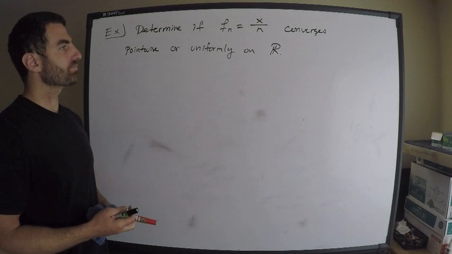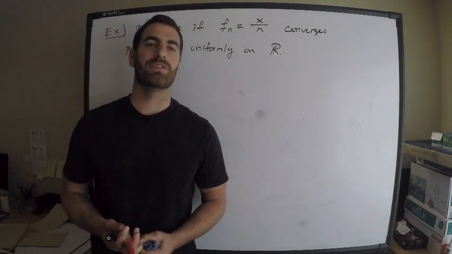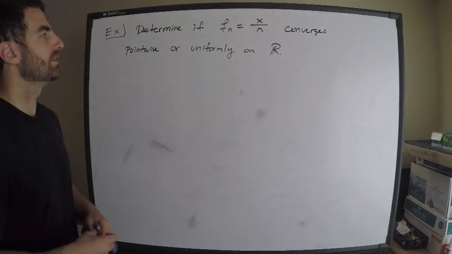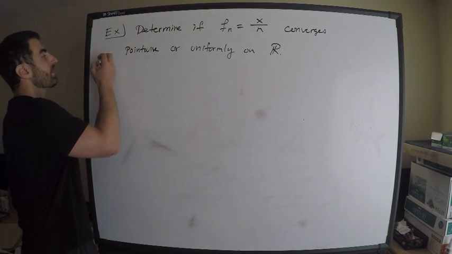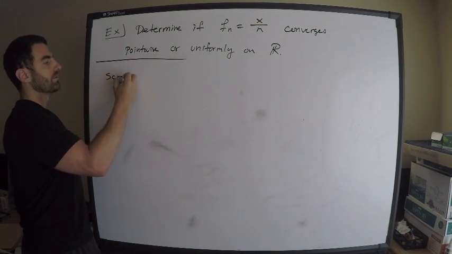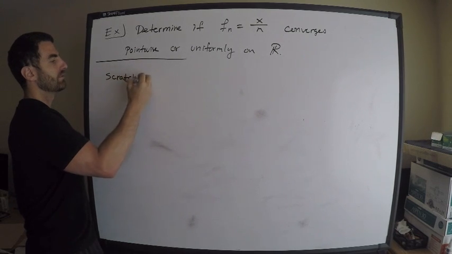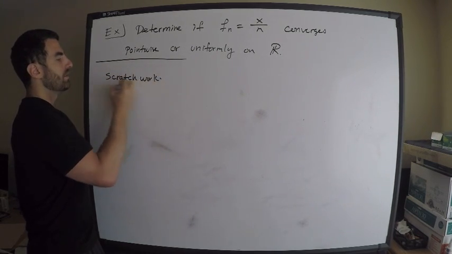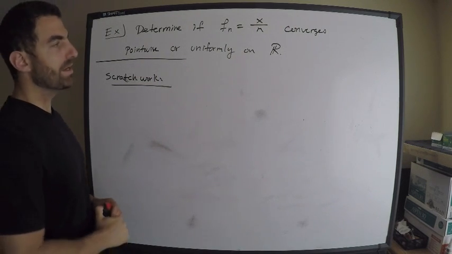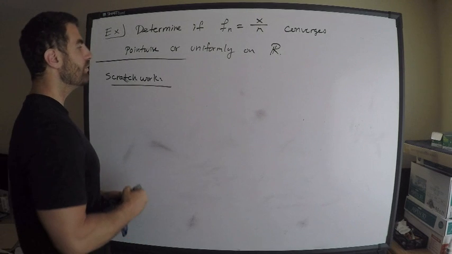Well, how do you approach something like this? I want to use the definition I wrote down. Now the thing you should do, and people have trouble with the logic here, is you should first start with some scratch work. I'm not just going to jump right into the proof, because remember what we need to do. We need to find capital N. Okay, so what do we want?